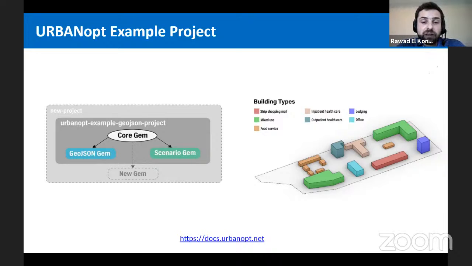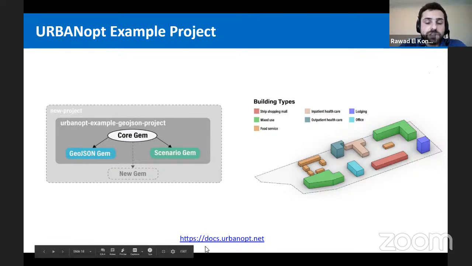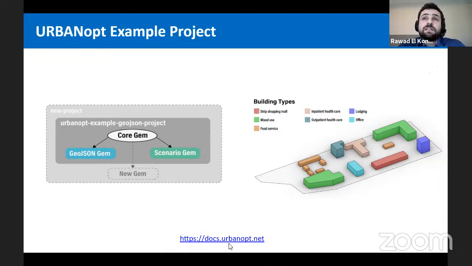And here on the bottom, there's a link to the URBANopt documentation, and I encourage everyone to visit this link in order to learn more about the URBANopt platform. And also there's a guide that guides you step-by-step through how to run the example project and all the scenarios that we developed, and also how to customize these workflows and create other workflows of interest.